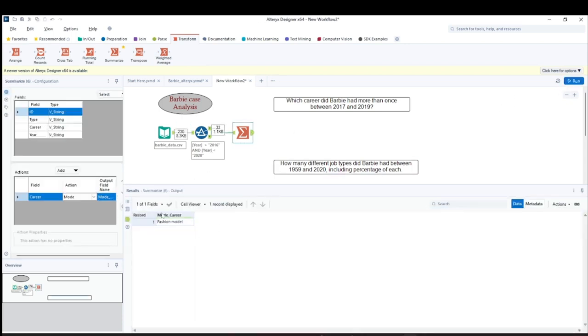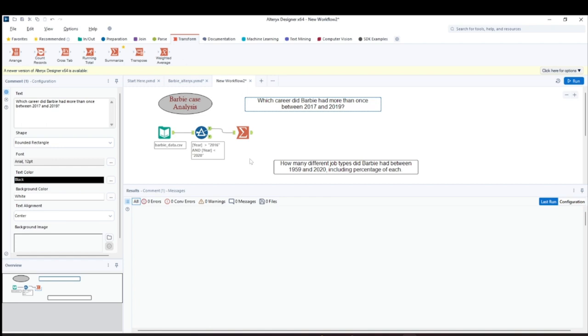So I got it: the career that Barbie had more than once between 2017 and 2019 is fashion model. If it is not making sense, don't worry. We'll do the second one, and with practice, it will make more sense once you are familiar with the tools, the examples and utilities.